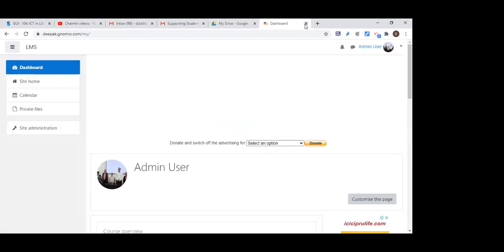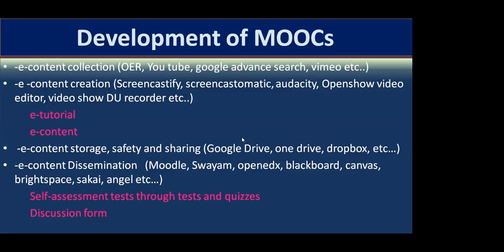Let me now switch the screen. So come back here. Now we are ready with the content. We may have our content in the form of video, PPT, an article, research paper, or journal reading, but the most important is the video. The video is really very important. Once we are ready, now let's see on which platform we need to deliver this course.